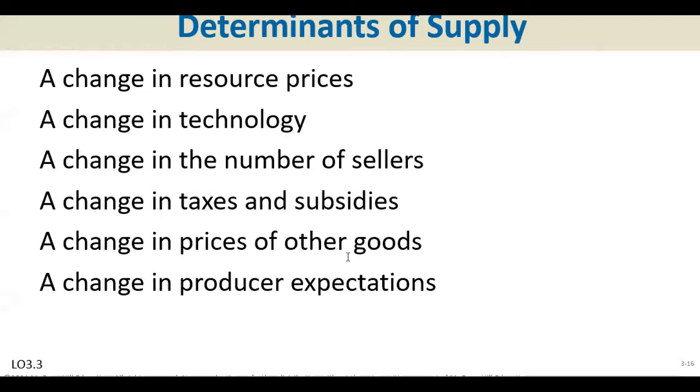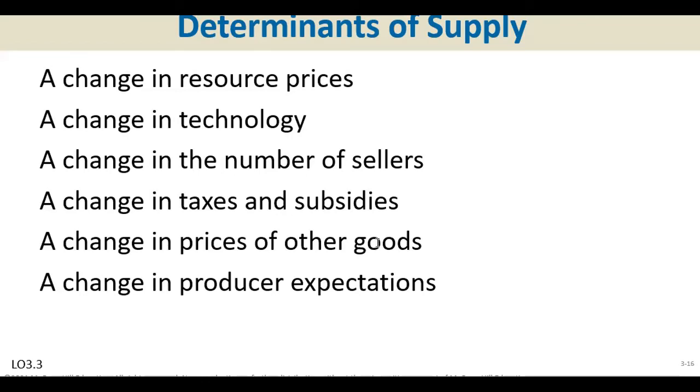Change in prices of other goods. Think about substitutes and complements, for instance, right? Changing the price of other goods. If the supplier can use the same resources to produce a good that sells at higher prices on the market, why do you think the supplier is going to use those resources to produce something whose price is low on the market? Right? So if the price changes, that is also going to impact the way the supplier is going to supply, or the producer is going to